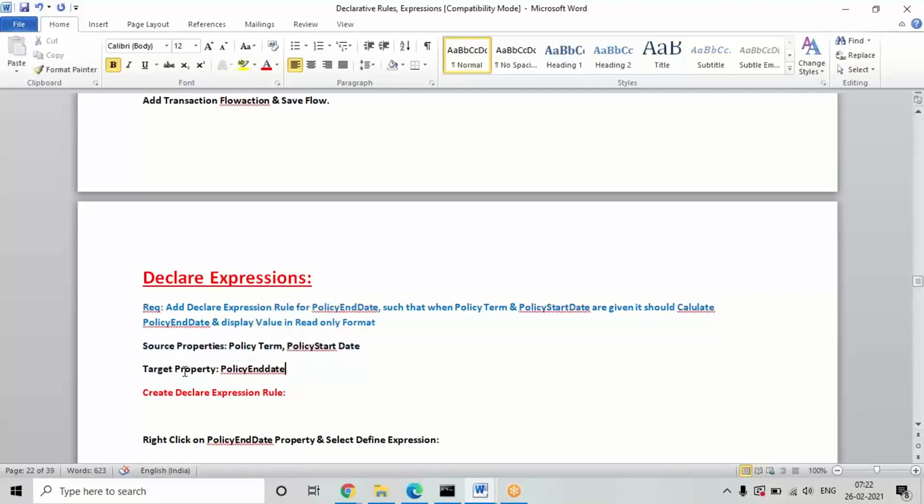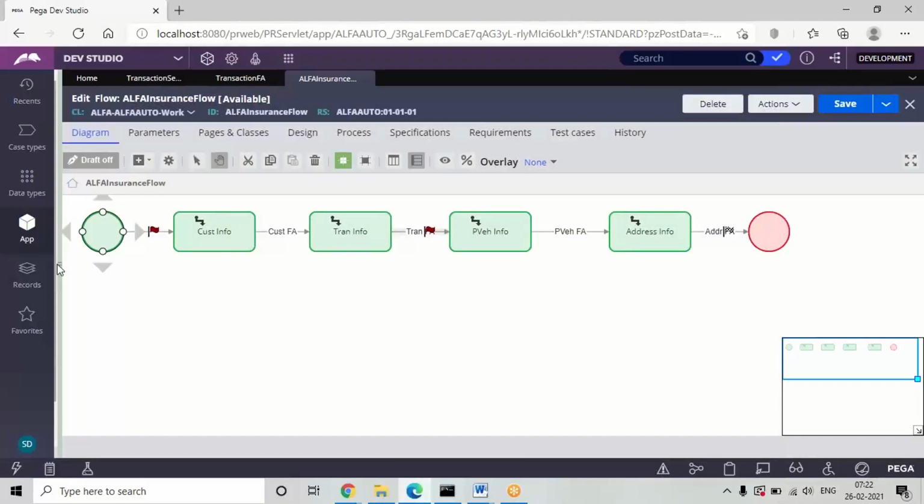But when you are defining the expression, from the target property we need to open the expression rule. Okay? Let's see how to define that. So there is a requirement: when term and start date are given, it should calculate the policy end date. See, now in your application,